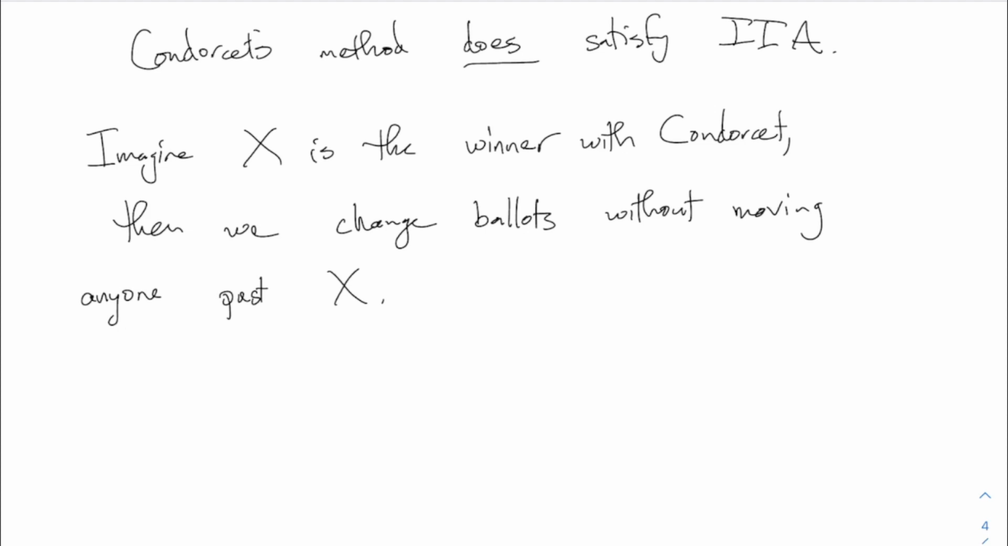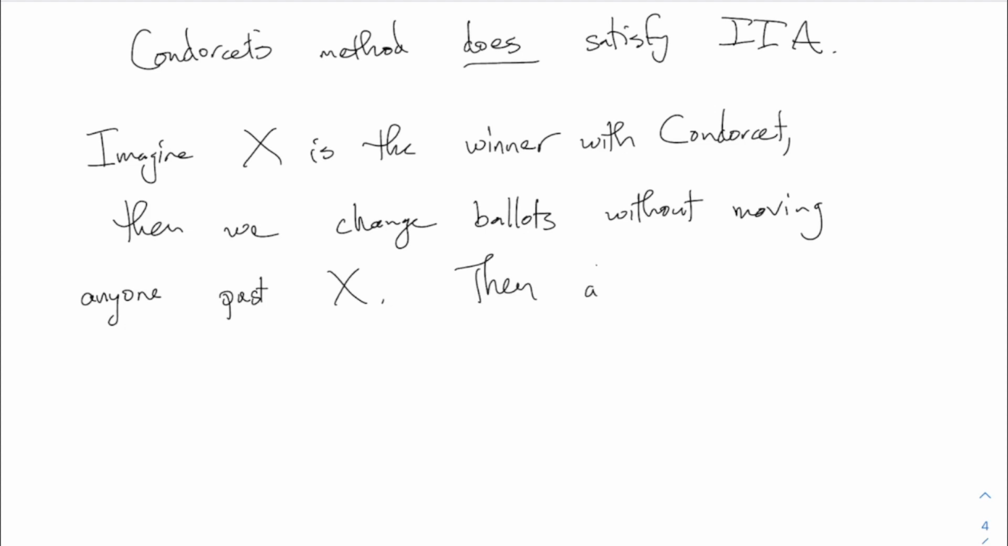So if no one's surpassing the winner, then no one can overtake them overall. Yeah, right. The whole thing about the Condorcet method is it's all and only about the pairs. And if you didn't move anybody past X, that means the results in all the pairs are still the same. Everybody who was beating X before is still beating X. Everyone who was under X before is still under X. So if we change ballots without moving anyone past X,